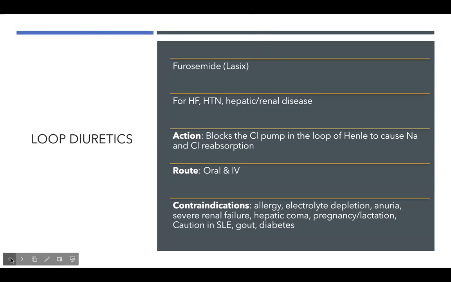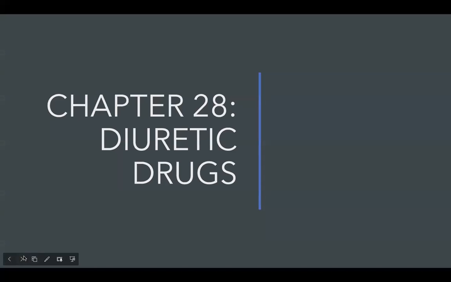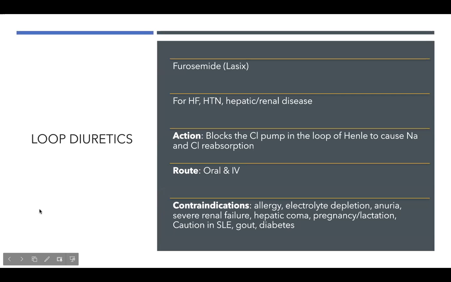Okay, so chapter 28 is our diuretic drugs. So first we have our loop diuretics. The most common one is furosemide. It's also called Lasix. That's probably what you're going to hear most of the nurses in the hospital call it. It's for heart failure, hypertension, and then hepatic and renal disease. It blocks the,